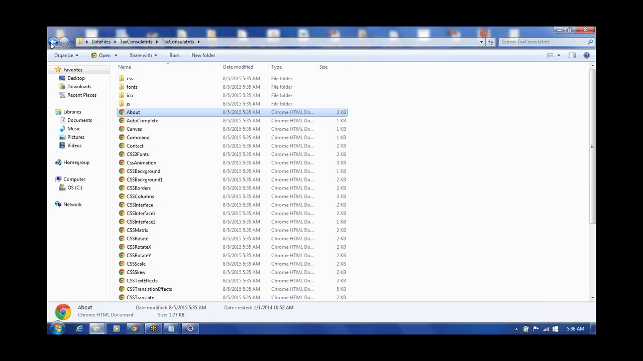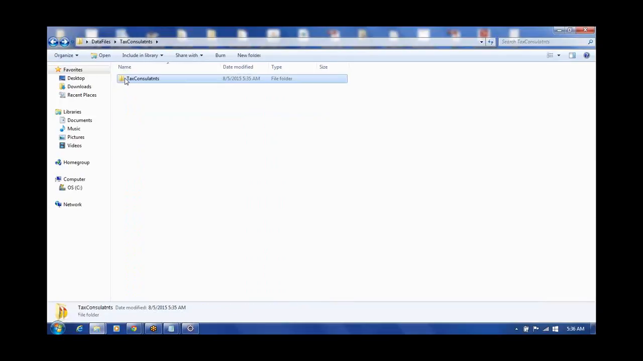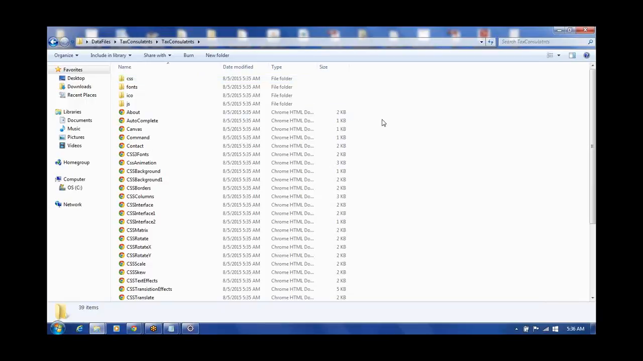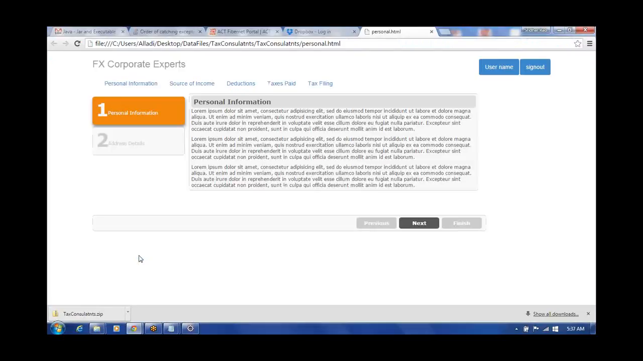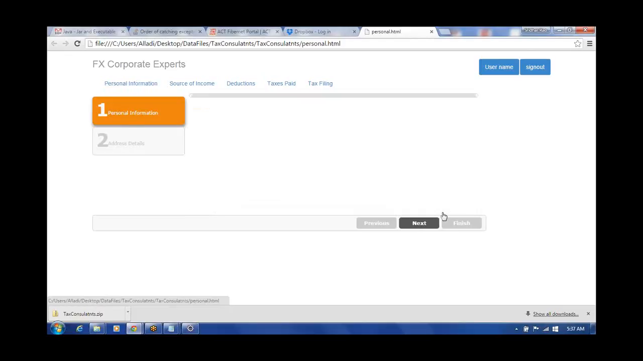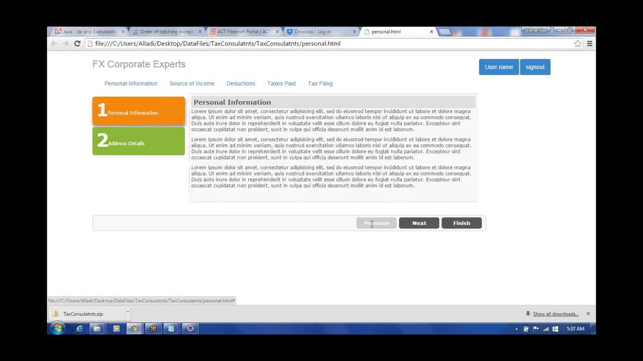I am trying to make some application here. That application is for tax consultants. I am trying to make a tax consultants application for which I am using this particular thing. If you open personal, it opens a personal page something like this. If you click on next, the next page comes. Previous. So this is done with the help of